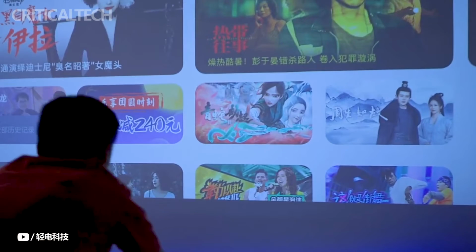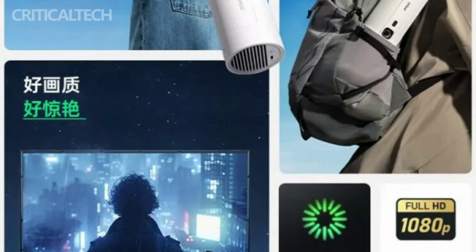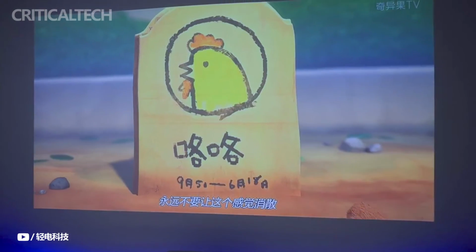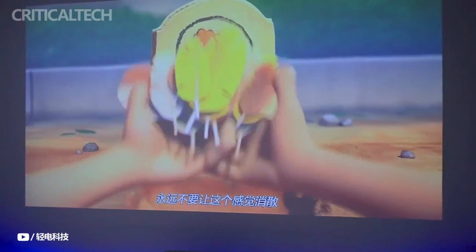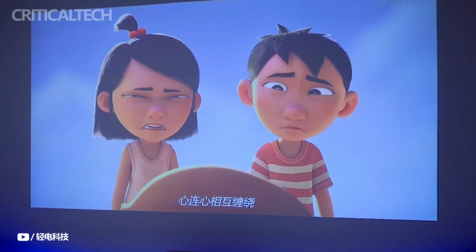GB of storage space, enabling you to store movies, music, and other content directly on the projector. It also features a built-in HDMI 2.1 interface and supports Wi-Fi 6 for a smooth and stable network connection. JMGO has recently introduced its latest offering, the P5 portable projector, in the Chinese market. This innovative projector is now available for pre-order on JD.com, starting at an initial price of 22.99 yuan, which is